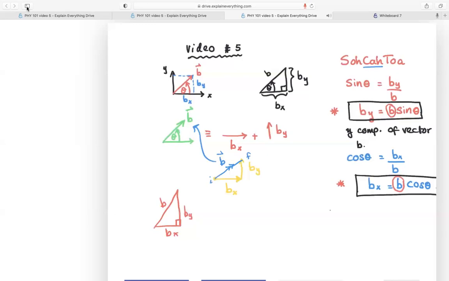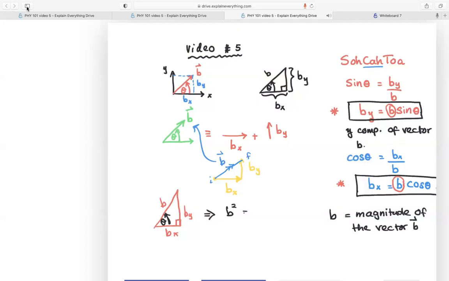So let me write it here. B is the magnitude of the vector B. Okay, so I'm going to find that magnitude using this angle. This is theta. It is not really necessary in this case, but I'm using the Pythagorean theorem, and that gives